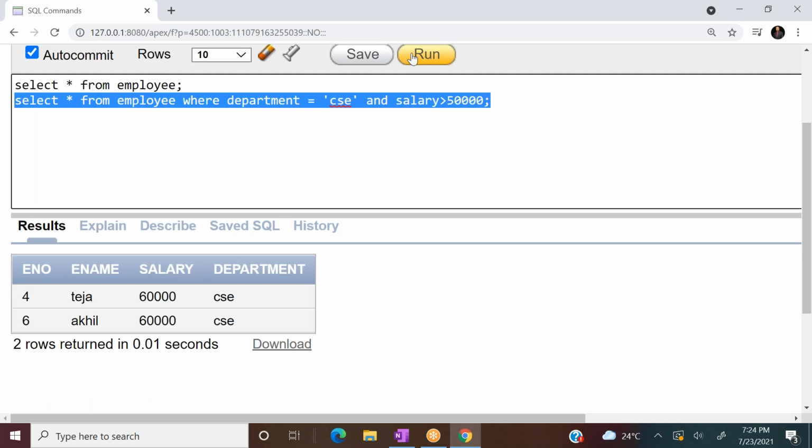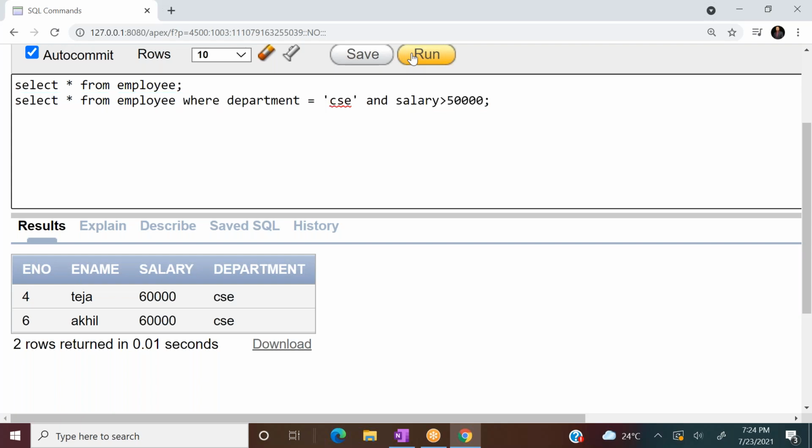Their salaries are 60,000 and their department is CSE. So you can write multiple conditions in the where clause. It is not that you have to write only one condition; you can write more than one condition.